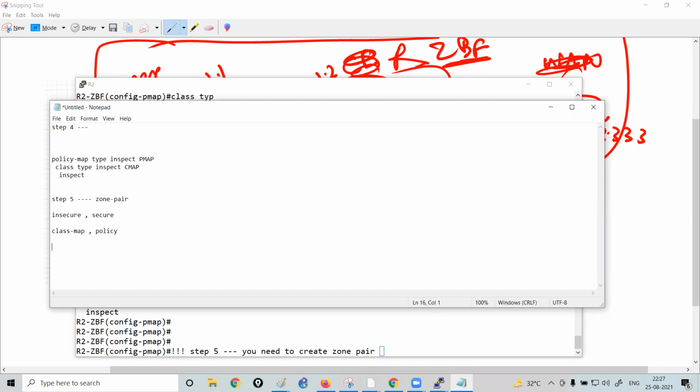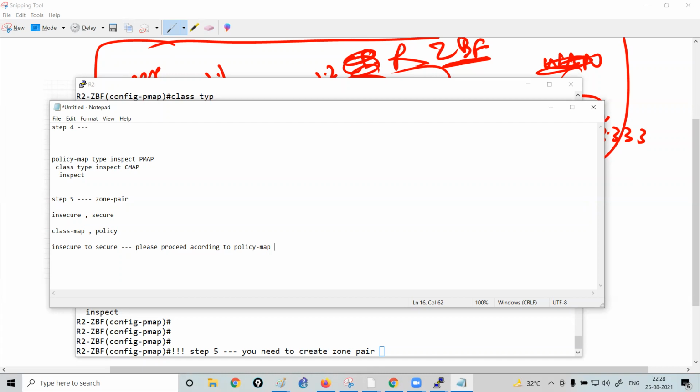So we need to tell the router that whenever you receive traffic from the insecure zone and the traffic has to be forwarded into the secure zone, please proceed according to the policy map. So basically now we would like to call the policy map under the zone pair.